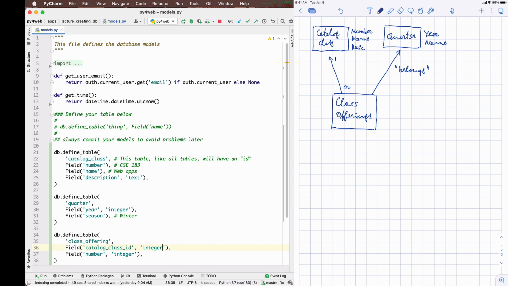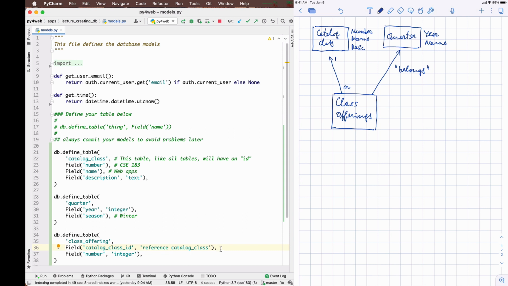But the way to write this is to say that this is actually a reference to a catalog class, okay? This tells the database, yes, it will be an integer, but it's actually the integer that represents the ID in this other table of the catalog class to which this offering belongs. So the arrows in our drawing will correspond to reference fields in the database, okay?